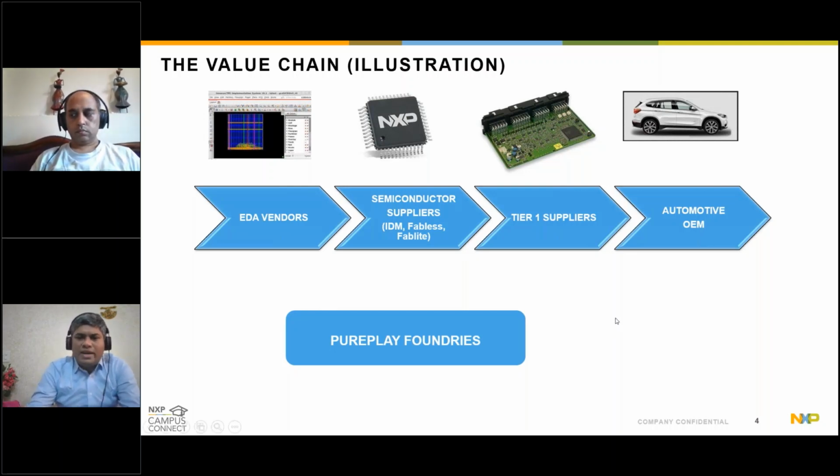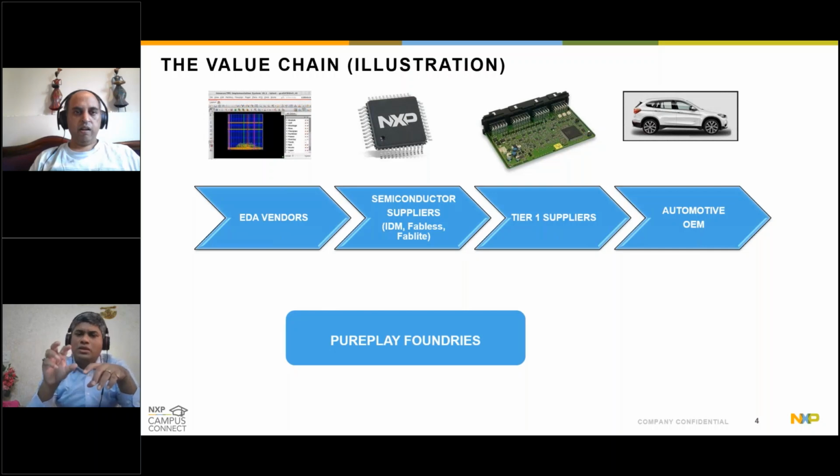Whichever is the end device, there is always an OEM, or original equipment manufacturer, behind that, whether it is a piece of mobile or a car or any electronic gadget. But to get that end device into your hands, or that steering wheel into your hands, there is a full value chain behind it which creates value for our consumption as consumers. Whether it is the tier 1 suppliers, which you see in the next block, I have given one representation of a motherboard, but essentially somebody is supplying all the semiconductor chips which go into designing this motherboard, which will eventually enable one of the applications.